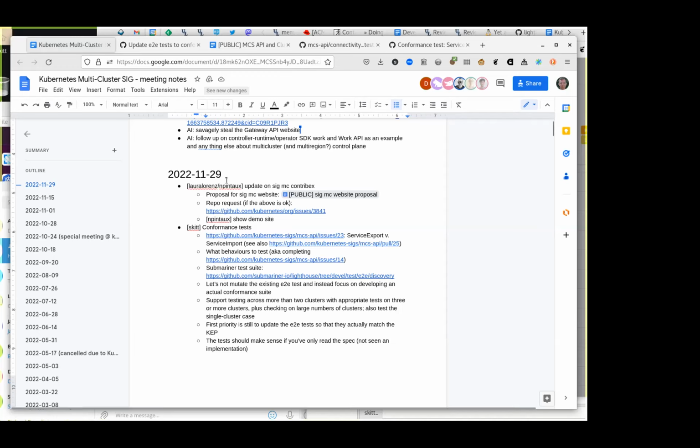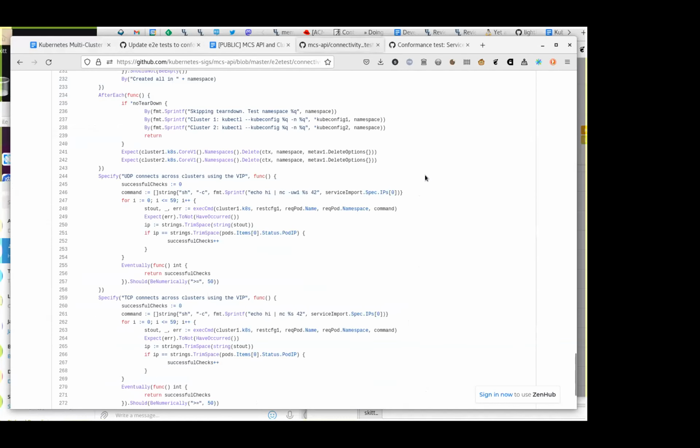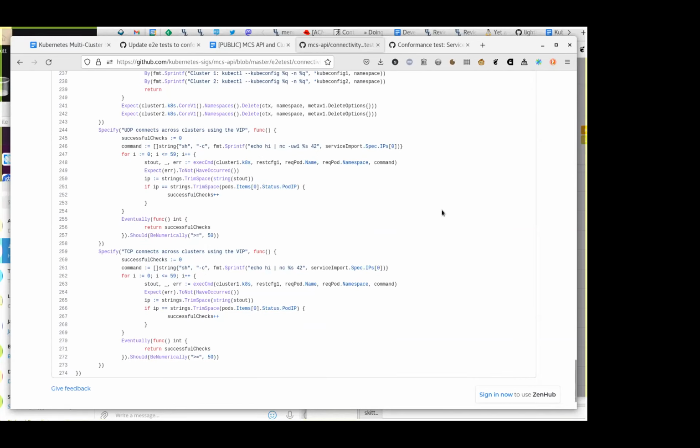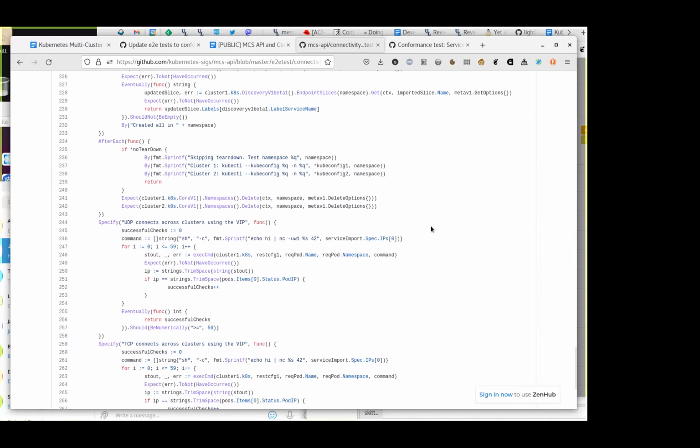Yep. So I think the end-to-end tests as they are today, we don't have to throw them out. I think the actual specified steps are still relevant. The language of the KEP of what they should be able to do in terms of connectivity and expected endpoints responding, that type of thing is still valid.